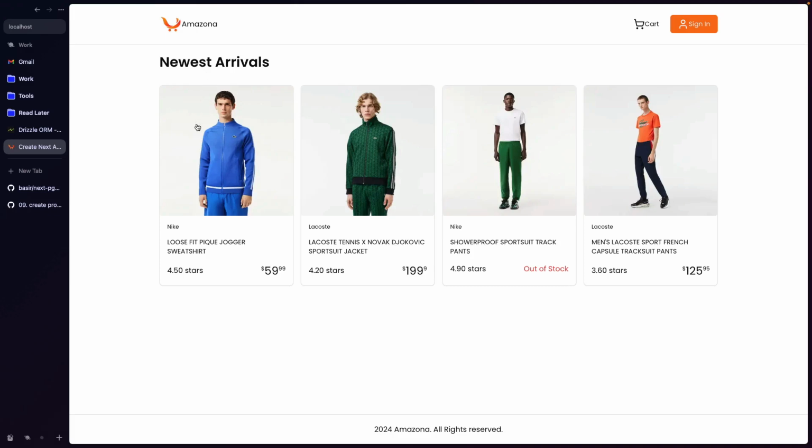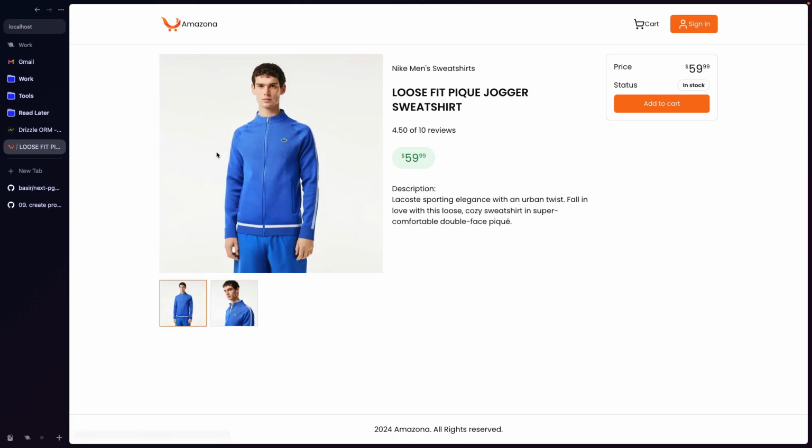In this lesson, we are going to create product details page. When user click on a product, we're going to implement product details page like this. Here we have product image, image thumbnail, product description, and action card to show the price, status, and add to